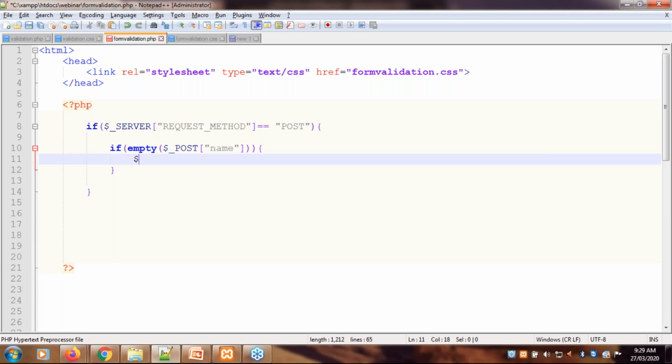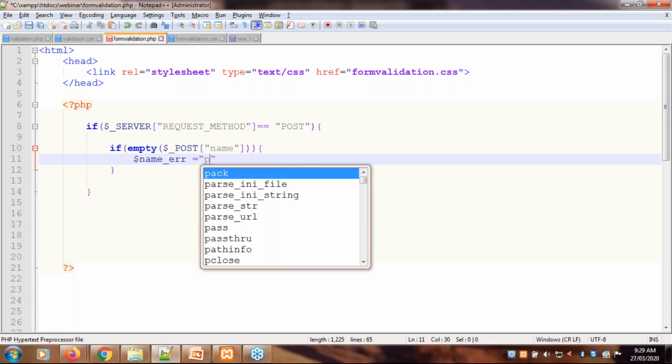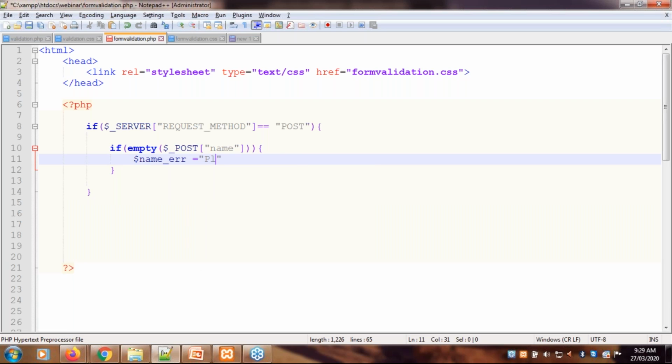To display the error message, we define one variable called $name_err, and then write down an error message: Please enter the name.